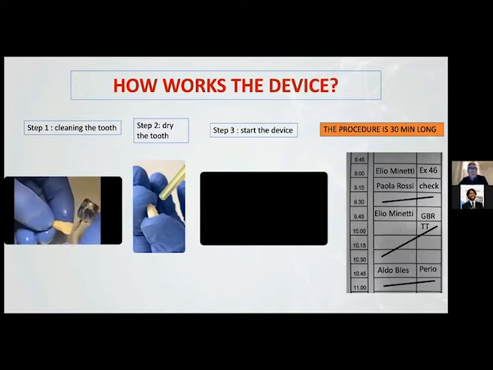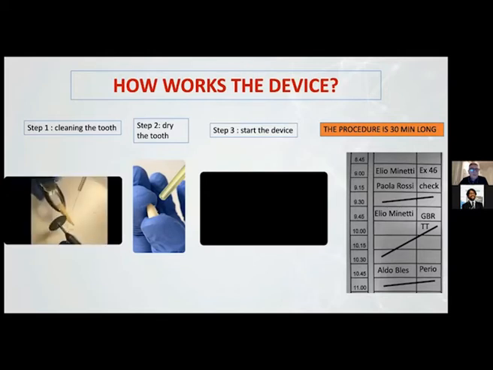So we clean, we need to eliminate the filling, the cement on the prosthesis, or the other material not from the tooth. Okay, and now we cut. We use a disc, and we cut because inside the device it is possible to use a low-speed grinder, but the low-speed grinder has a little space inside, so we need to cut the roots.